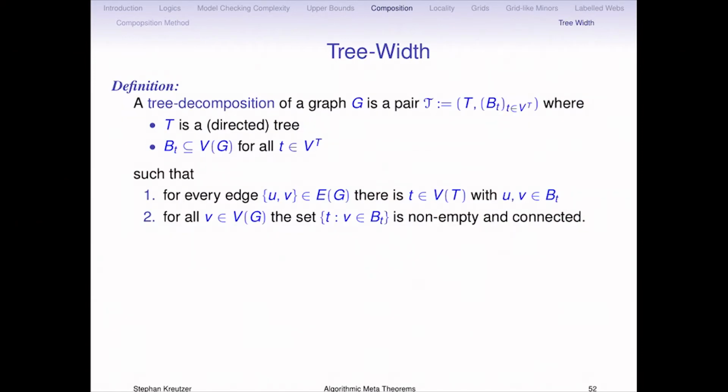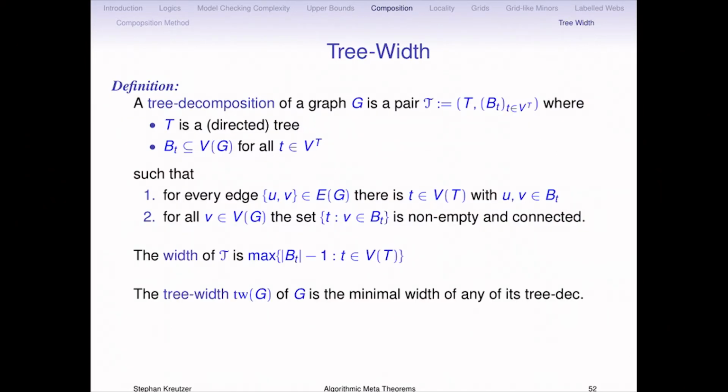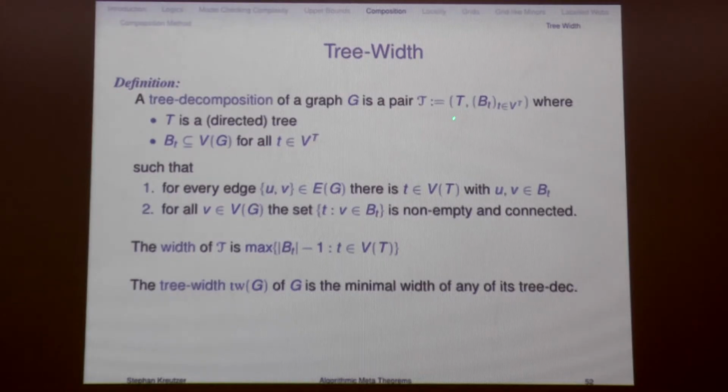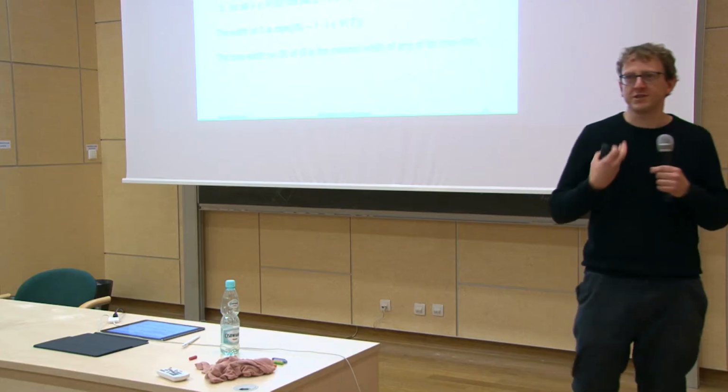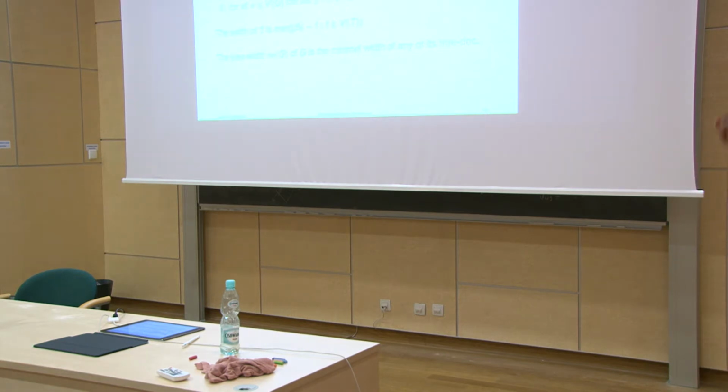Okay, this is made formal in the definition, so now I'm giving you the definition, since you didn't ask. A tree decomposition of a graph is exactly this. It's a tree. It can be directed or not. It doesn't have to be rooted at all. And for every node in your tree, you have a set of vertices labeling this node, which is the vertices in your subgraph. And the two properties you want: for every edge in your graph, there is a node in your tree that contains both endpoints. And if you have a vertex in your graph, and you look at the set of nodes in your tree which contain this vertex, then this is non-empty and connected. Which means you're not losing any edges, you're not losing any vertices, and every vertex forms a connected subtree.